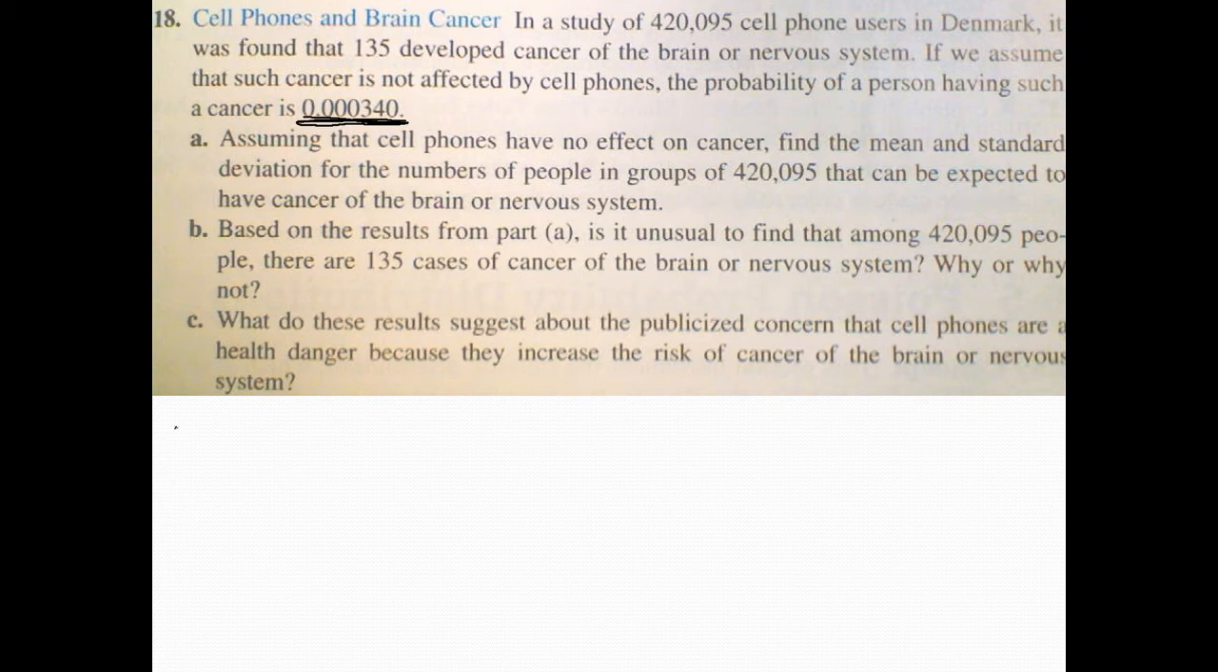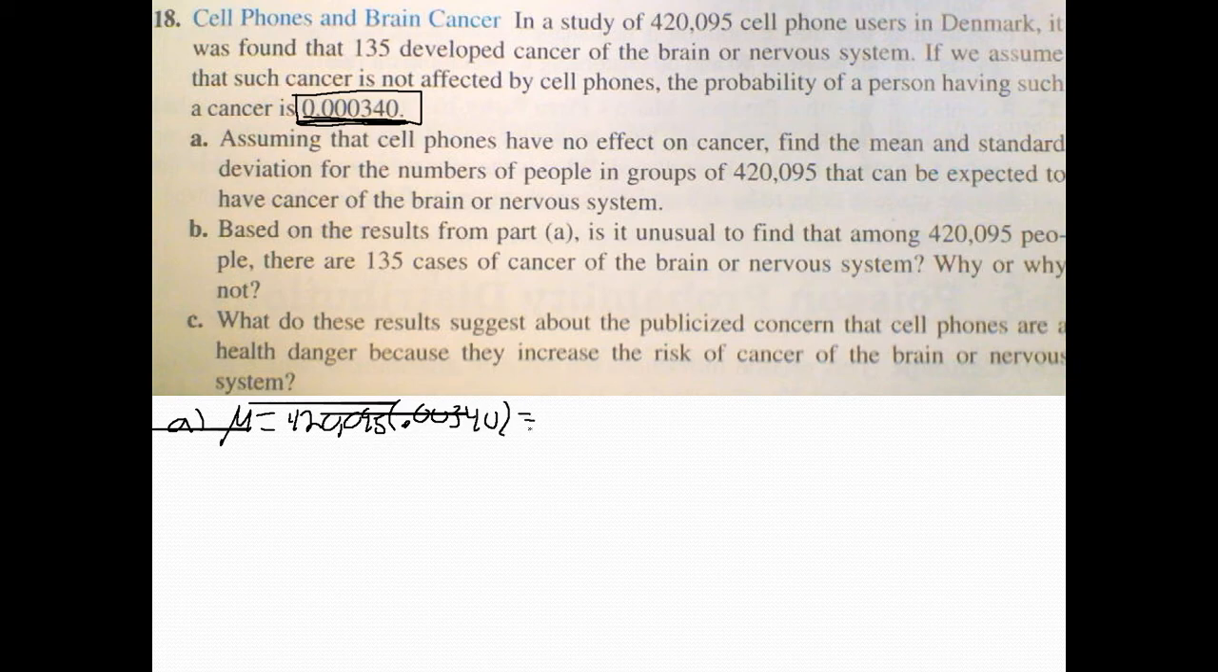So notice here in step A, the first thing they say is assume that the cell phones have no effect, which means that the person's chance of getting the cancer is this. Okay? What is the average number and the deviation of people we would assume would get this cancer out of the 420,095 that were using cell phones? So the average is n, so 420,095, times the chance of success, which in this case is getting the cancer, so